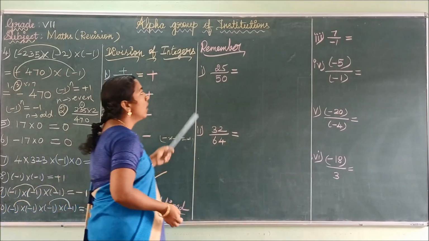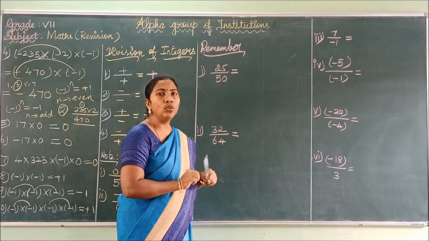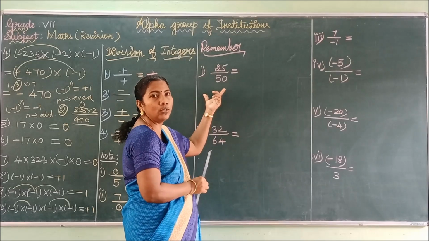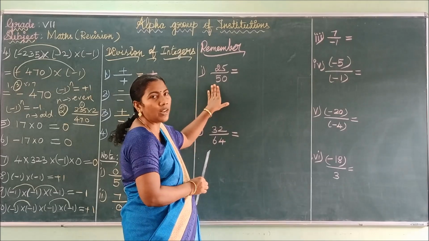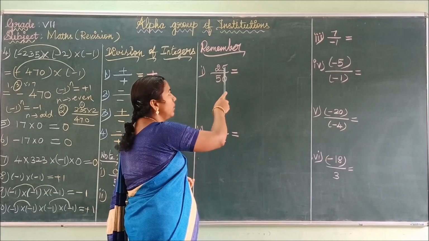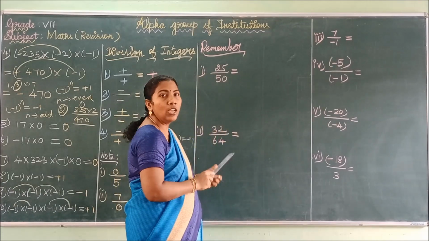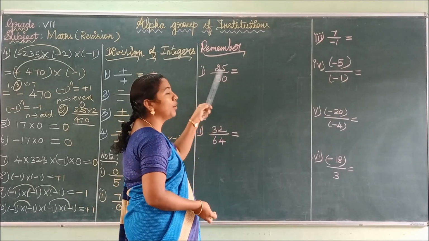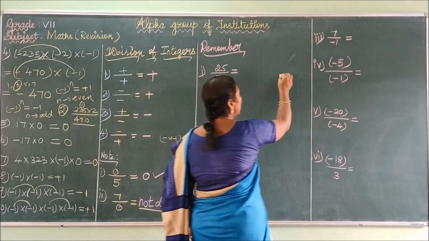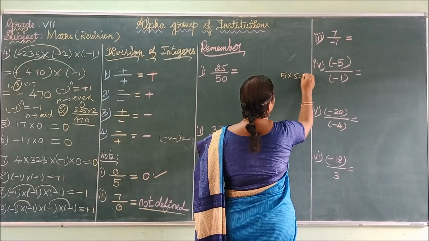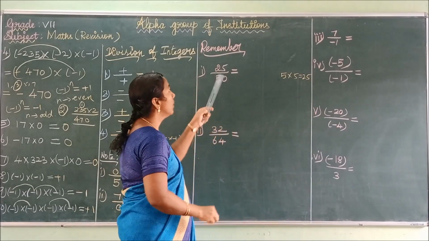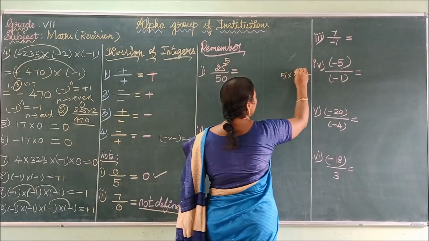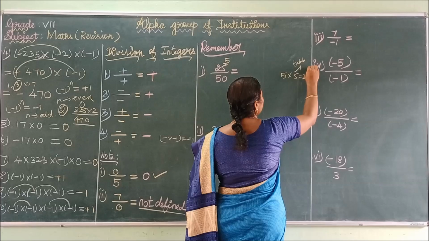Okay, next you see here. Many of you have confusion about how to cancel fractions, how to simplify a fraction. Now we are going to see how to simplify this fraction. See here, in the numerator we have the integer 25 and in the denominator we have 50. Now we are going to divide these two positive integers. Before that we are going to cancel these numbers. We are using the 5 table. 5 fives are 25. Here you cancel the 25 and write 5. So this is the table and this is the answer.